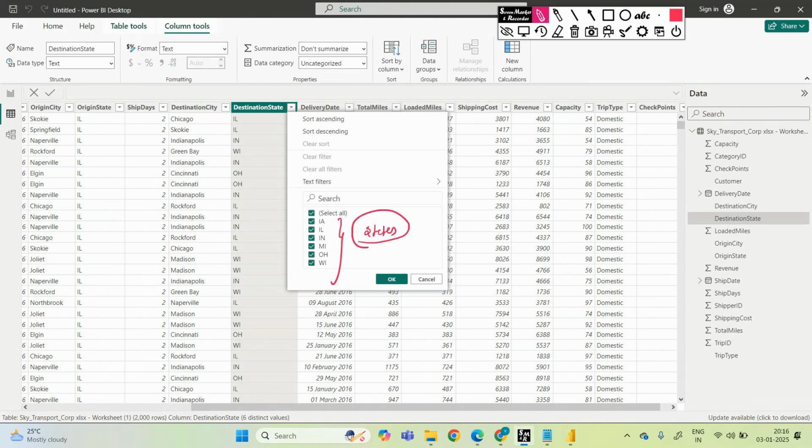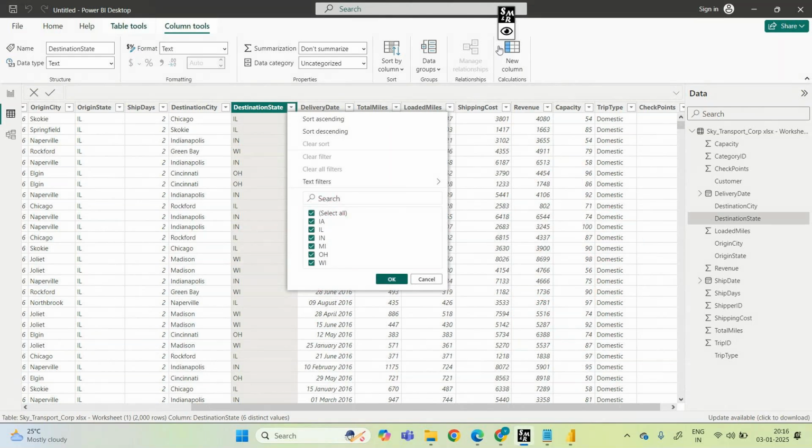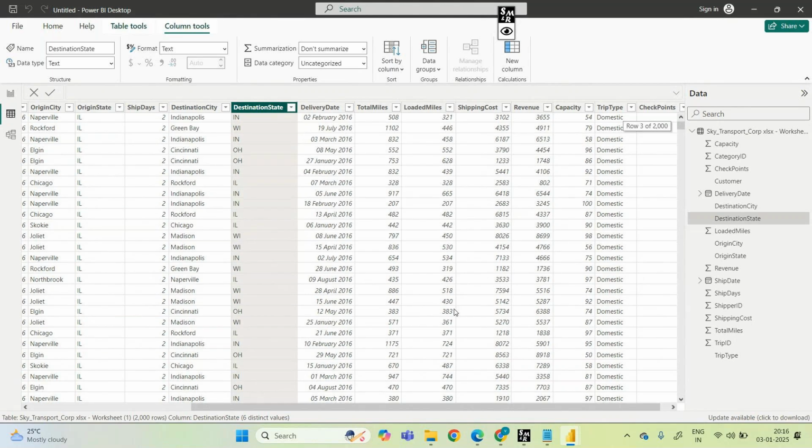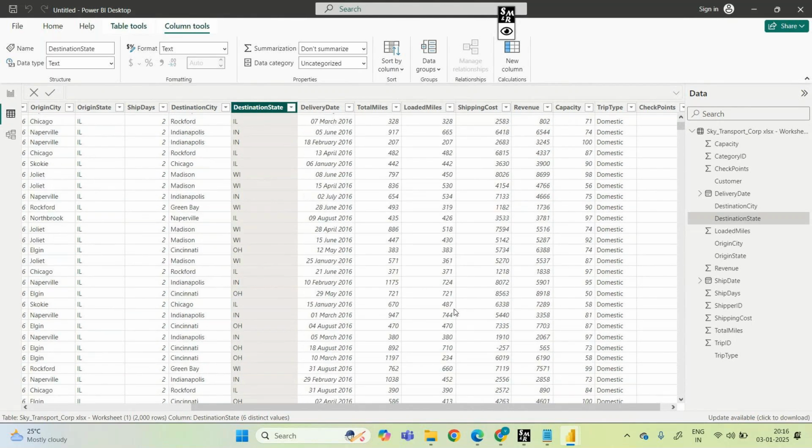Even if HYD is repeating 10 times, or Pune, among these the unique things are just HYD and Pune. In this column also, these are the unique things. I want to know which particular state has the highest revenue. If I count or add it manually, it takes more time to see. So if I go here and select this